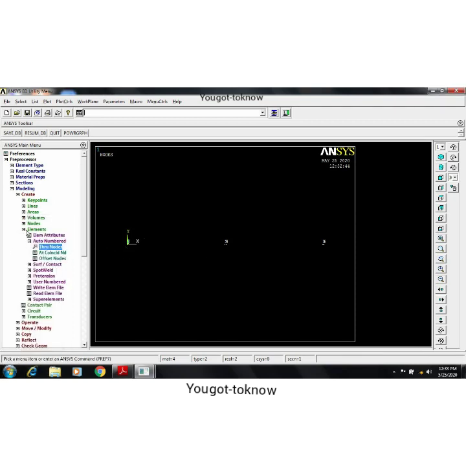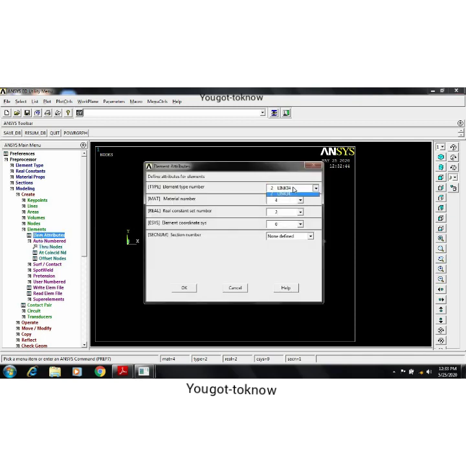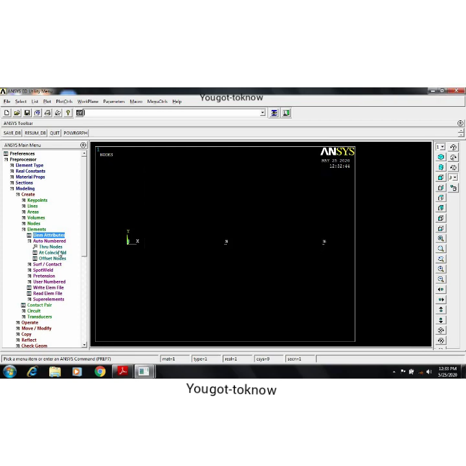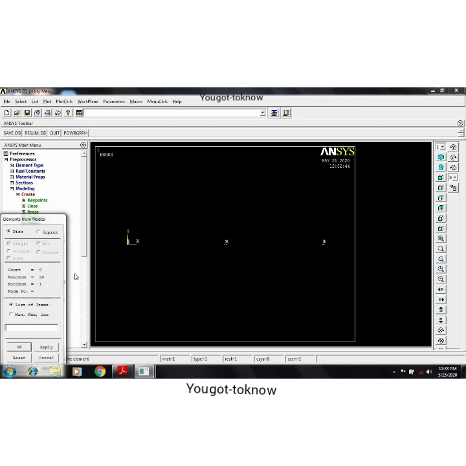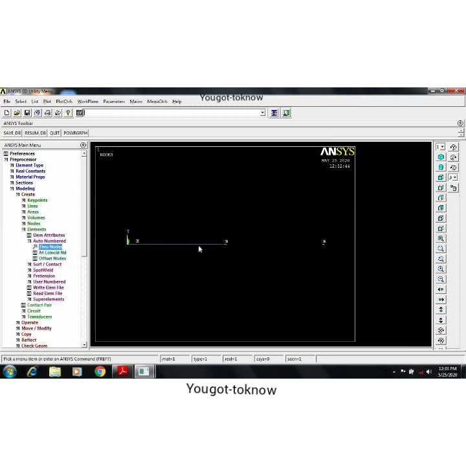Now you want to create 2 and 3, go to element attributes, because it is a conduction. Now replace it by conduction, link 32. Then property is 1 here, then material model is 1, set number is 1, give OK. Now once again go to through nodes. Now if you want, you can select it, otherwise just type 2, 3. Just key. See, now it has created 2, 3.